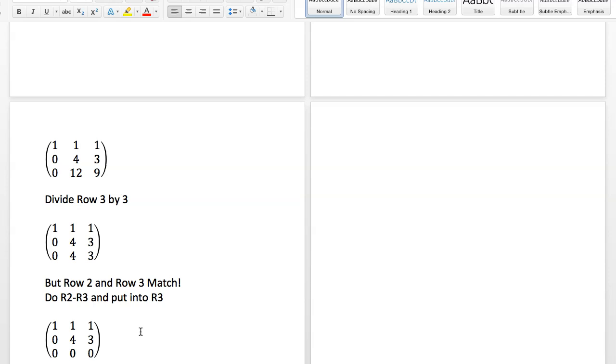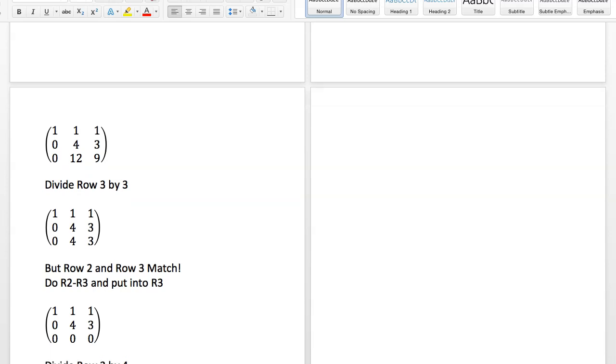Now the 4 needs to survive, the one in, let's see, it's this one right here. What do we need to get rid of? Actually, we would love to have, well, from row 2, 0, 4, 3. From row 2, divide, go ahead, since column 1 is perfect, and divide row 2